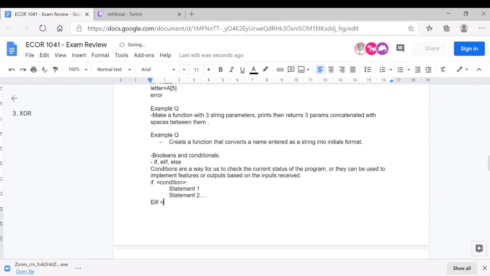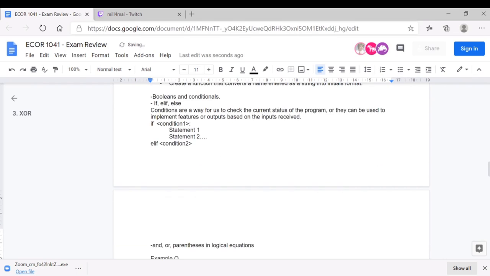And there we use elif, which essentially means an else if in short format. So if condition 1 fails, we come back to condition 2, and then we have some statements 1, 2, and 3 for this condition, obviously in different lines. So that would be statement 2.